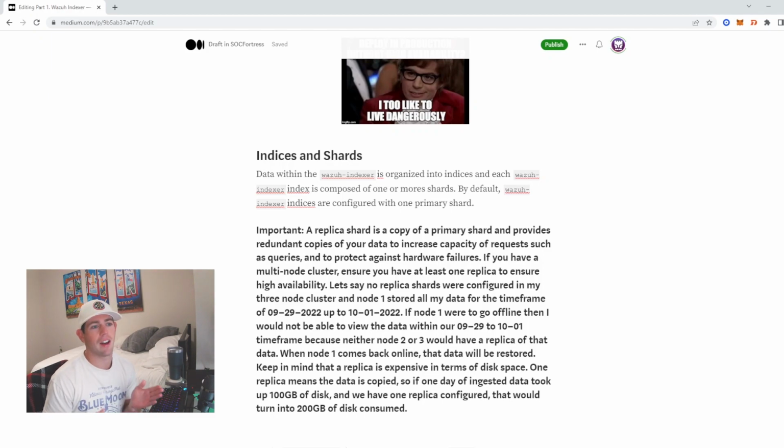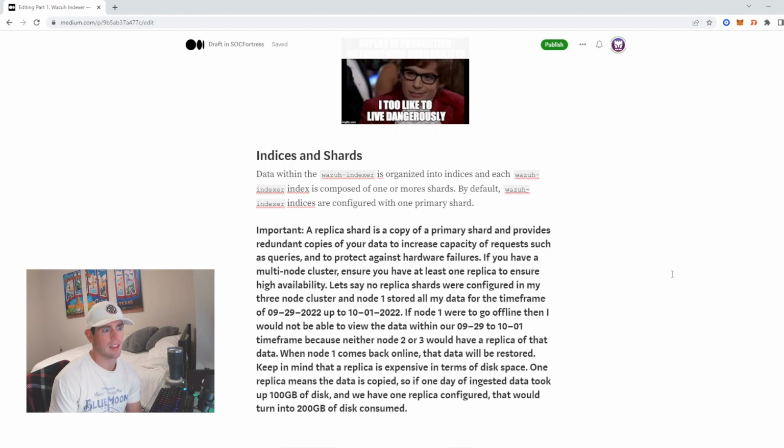There kind of is a fine line. You don't want to be too small, but you also don't want to be too big, because that can also give you negative performance as well. And when it comes to the shards, the Wazuh-Indexer will be really good about handling that behind the scenes for us. So really, once we set our initial index and tell the Wazuh-Indexer that, hey, this index is going to be composed of, let's say, 2 shards, we pretty much won't have to worry